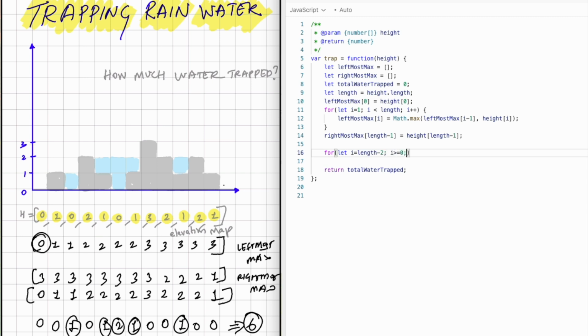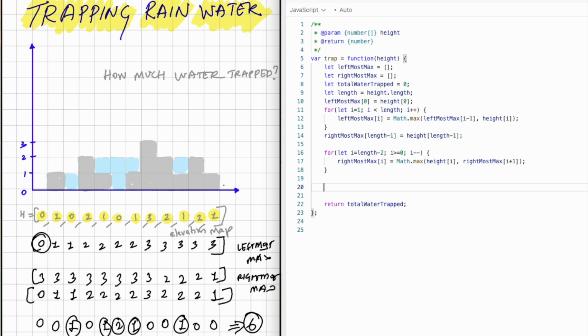I will say i has to be greater than or equal to 0, and then I will keep on going from right to left. And for that I will say rightmost max of i is going to be the max between the elevation and the previous value that you had, which is going to look something like this: height of i and the rightmost max of i plus 1, which is then giving us the maximum elevation possible at a specific index. We get both these elevations, so we got the leftmost max, we found the rightmost max,